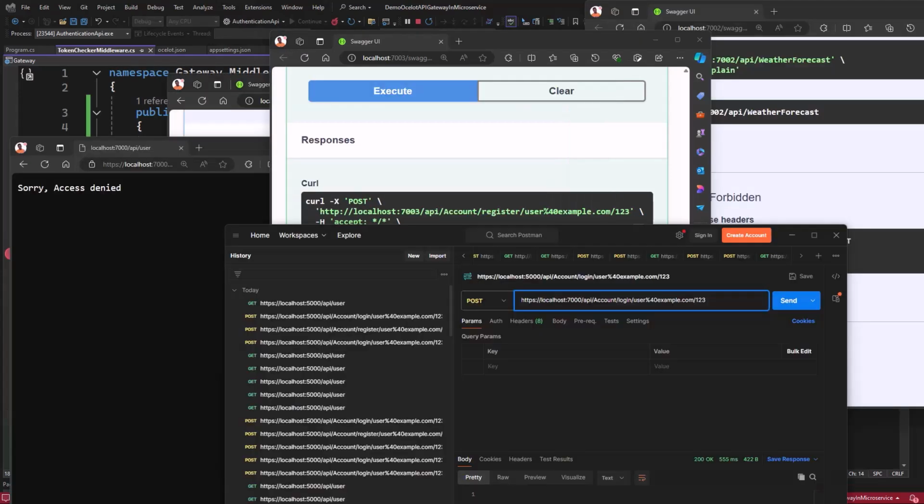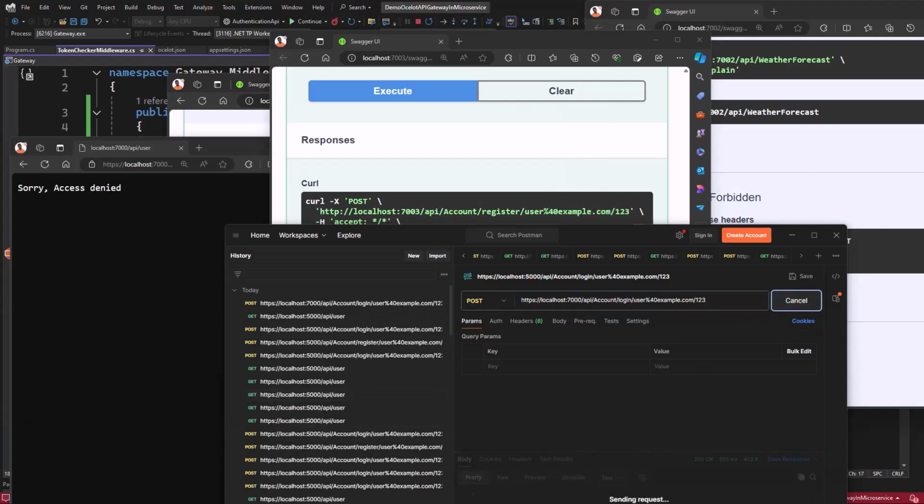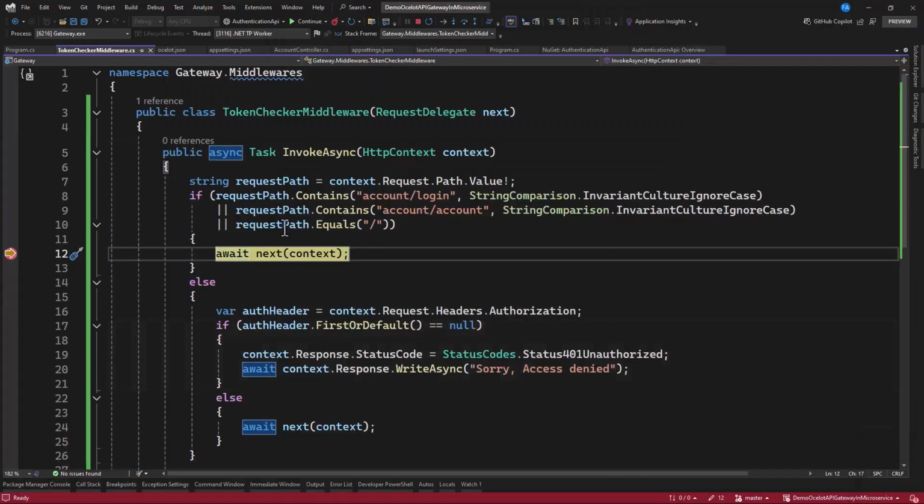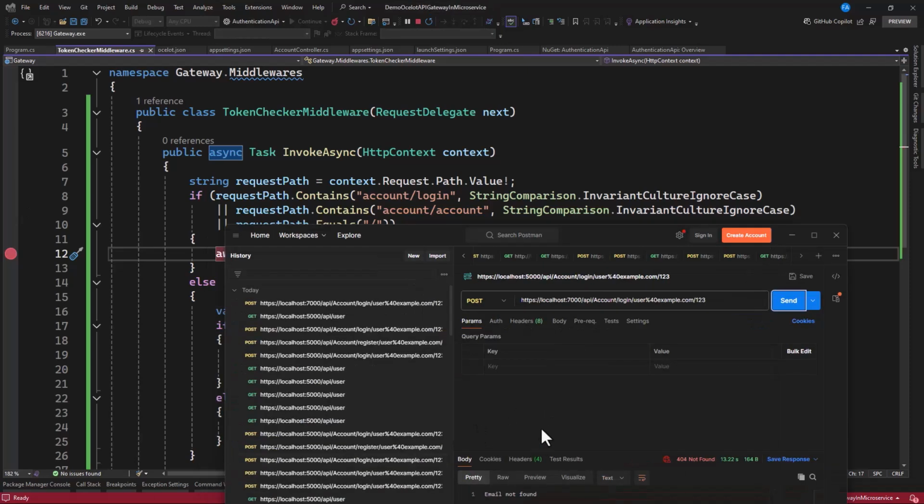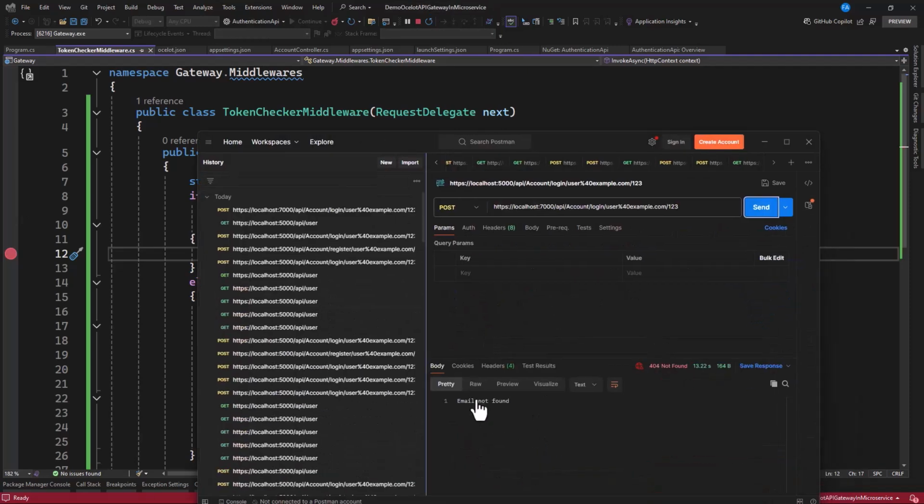If I click on send, now the breakpoint is hit. You can see the request path here is api/account/login, so it means it's going to go to the next line of action. As soon as I continue, let's see what we get. Okay, email not found, right? Because this is login. So this is working.